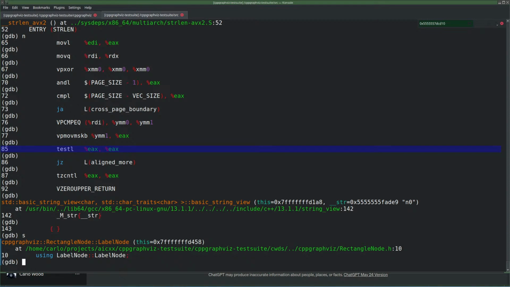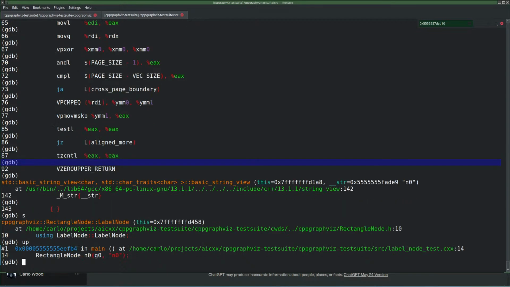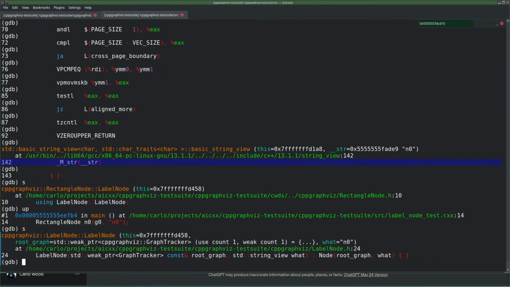Using a label node. Rectangle node is derived from label node. Label node takes a weak pointer to the root graph. So we just called that. That's G0, and the string view we also called that. So we constructed these arguments. And that's implemented by just passing it to the node constructor, which is the base class of label node,